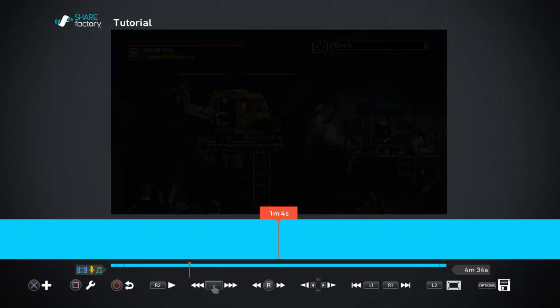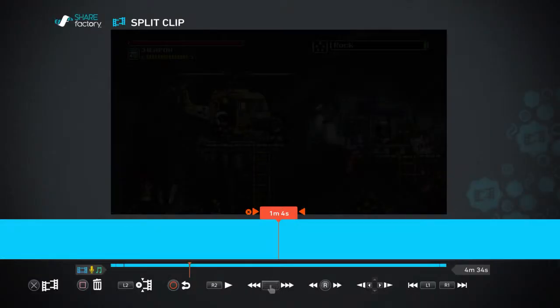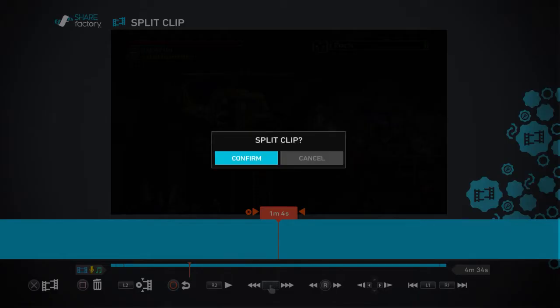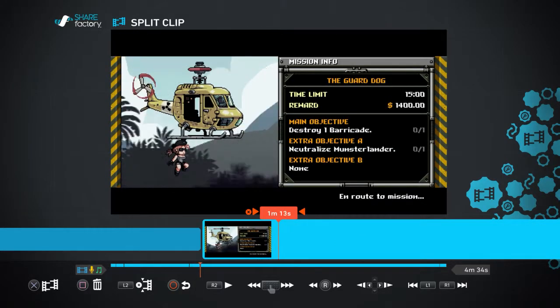So right here we're going to hit square, and that brings up this menu, and we can go to split clip, and now we're in the split clip menu. All the options along the bottom have changed. So we hit X to split the clip. It asks us, do you want to? And you hit confirm. And then you go to the other side of where you want to split it,